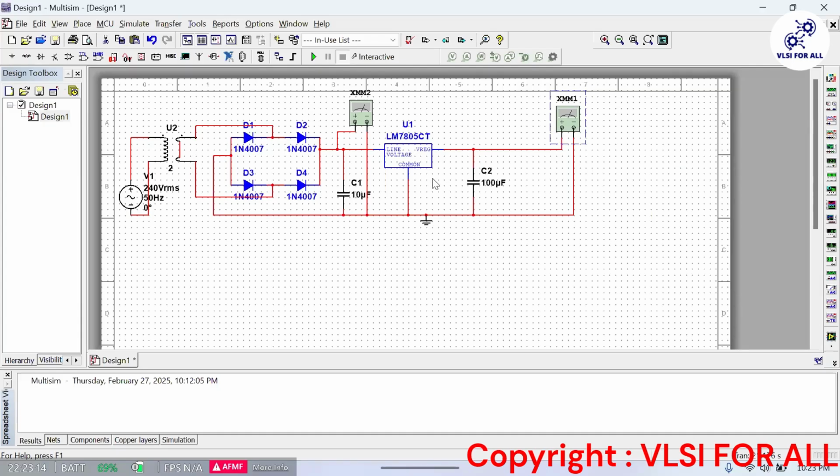Okay. So this is a 5 volt circuit. You can make any variable also. We can make a -5 volt regulator also. So many things are there to do. Okay. So after this is done, see our schematic is ready. It is functioning properly. We can go for making a layout of this one.